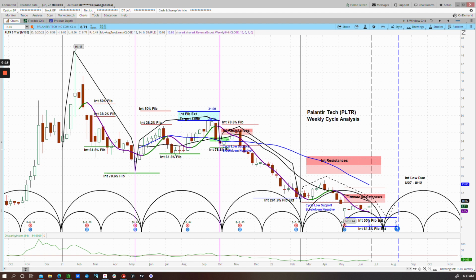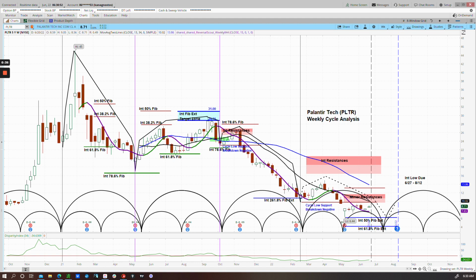Palantir is a data analytics company. It's named after Tolkien's Seeing Stones in Lord of the Rings. Now, yesterday, Bank of America upgraded this stock and gave it a target price of $13, but we say not yet. We think there will be a better time to buy coming later in the summer, so let's take a